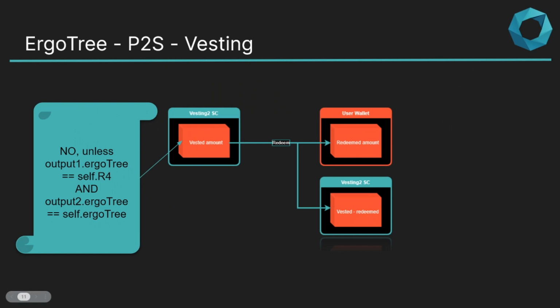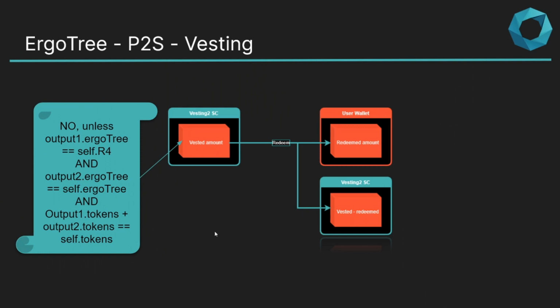So that might look fairly nice and simple, but it opens up for a problem, because all we are checking is that these two outputs are here. We are not ensuring that there isn't a third hidden box that might steal some of the funds. So let's make sure that all the tokens, all the funds that are in this box actually end up in these two boxes. We can do that by summing up the funds that go into these two boxes and ensuring that they are equal to what we have in our own box. Is that good enough? No, it's not yet,